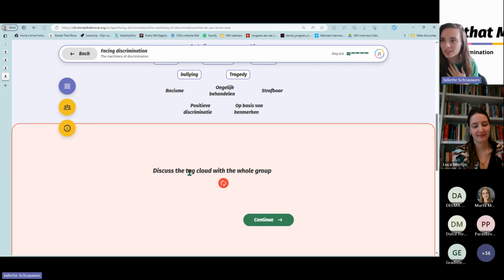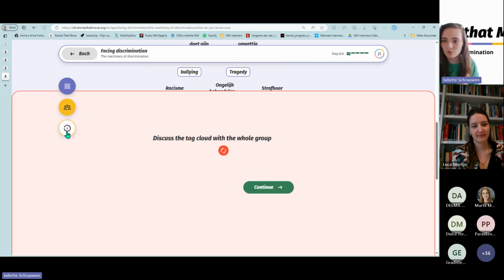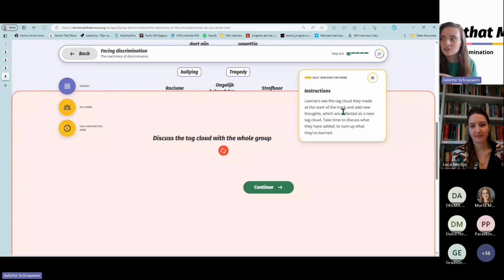And I want to show you, I forgot to mention before, you can see the big button with the I in there. There's information for you as a teacher as well on how you can do this exercise. So some tips to discuss, but also how it's working. And sometimes students also have information with this button to help them with certain questions. All right. Go to the PowerPoint again, because if you have any questions, you can ask them now in the chat.